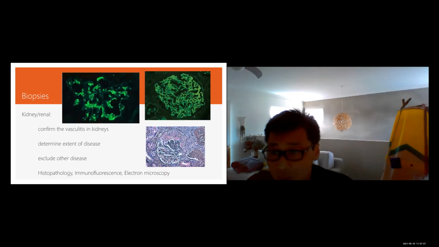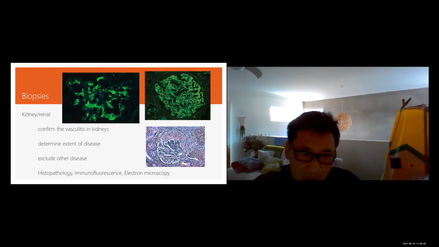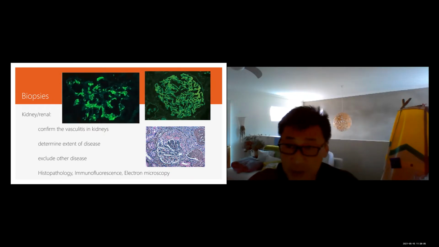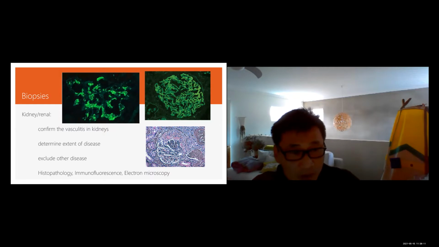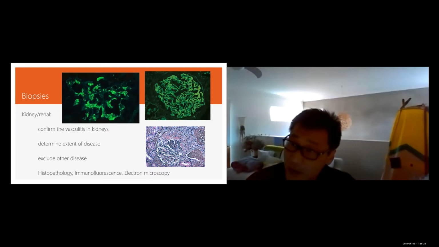So we come to biopsies. Biopsies are performed, as I suggested, the most commonly performed for ANCA-associated vasculitis is probably the kidney biopsy, especially in certain units such as Richard's unit, because they're nephrologists. Kidney biopsies are performed to confirm the vasculitis is in the kidneys, because it changes the amount of treatment we